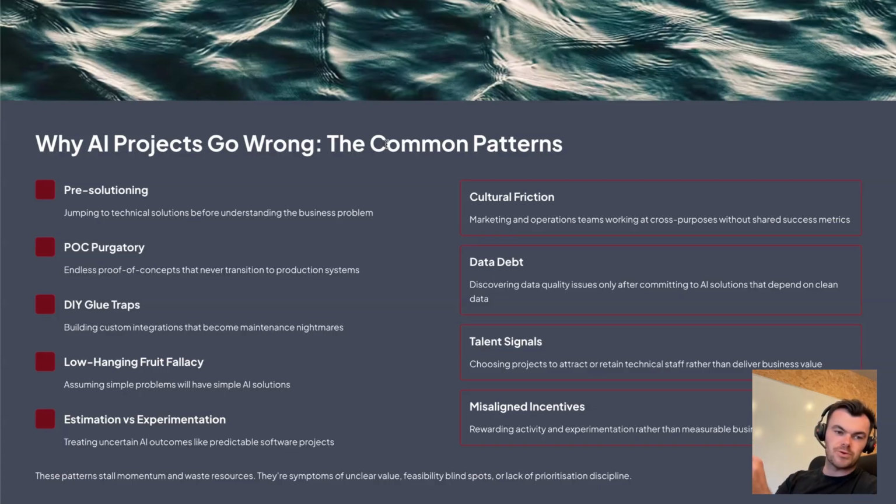One of the worst ones I've seen is pre-solutioning. So getting to a project and saying, we want to use X to solve Y. It's like, we want to use ChatGPT to solve our content creation, or I want to use Descript, which is the tool I'm using to record this, to solve all of our content challenges. As soon as you start to shoehorn, you limit the creative boundaries in some ways, but then you get creative in others because you have to work around the platform. I think another one is, like I've mentioned, the low-hanging fruit fallacy.